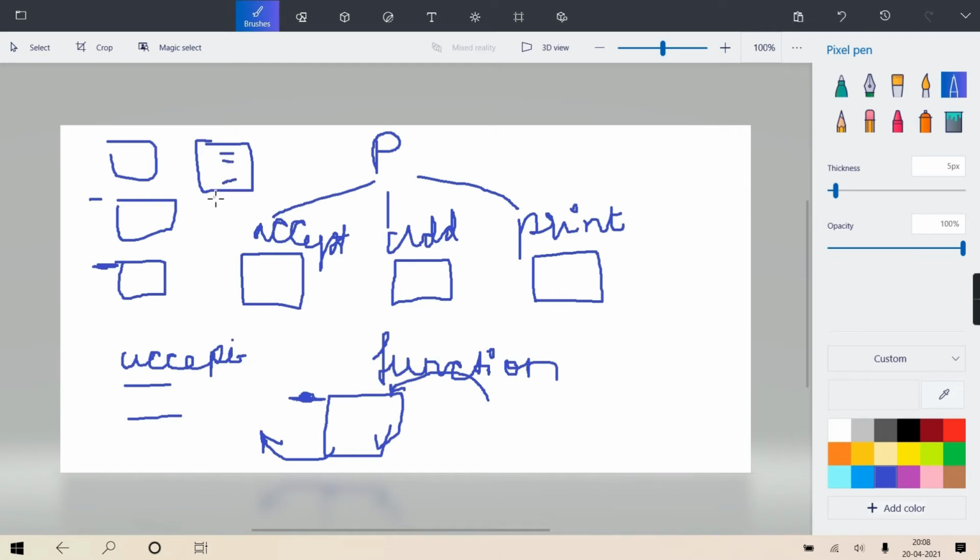Getting? Then the return address, where it is supposed to come back. All those things are kept in that frame, and then that frame is kept on a stack, and when the function is over, that frame is popped, and then the return address is taken, and the execution continues from there. So always when the function is called, the control goes to the function, the execution takes place, and then the control comes back to the next statement and goes on.